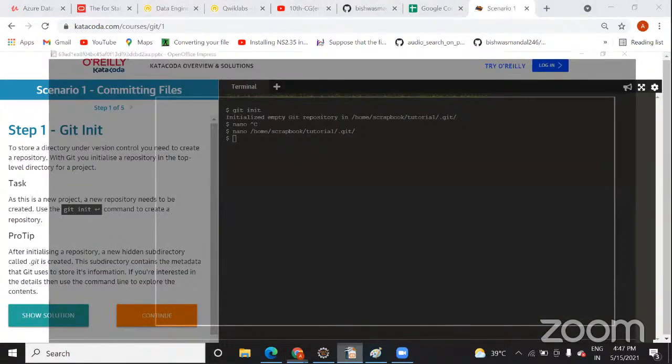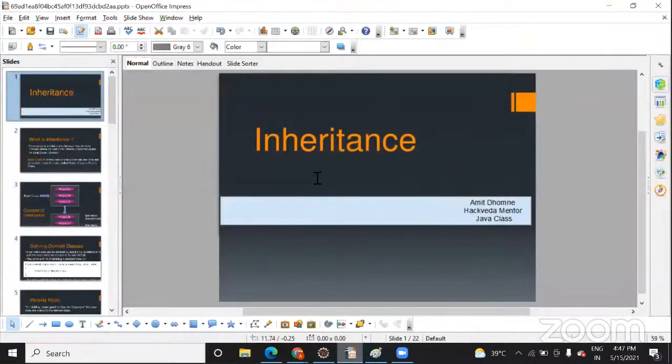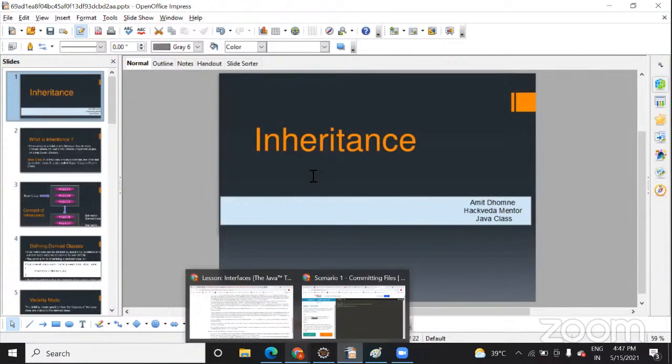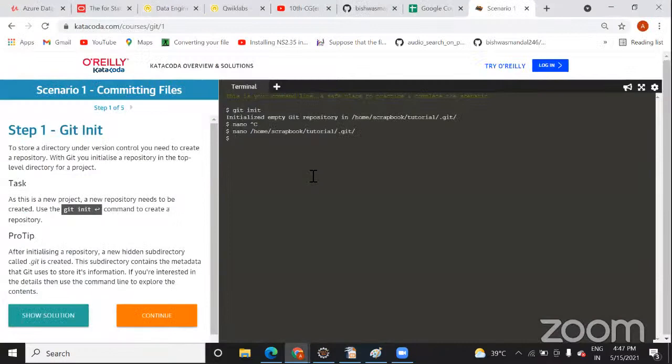So before, do you know the ls command in GitHub? What is the meaning of ls? ls is a list of files. When you type the ls command, it will give you the list of files present there. I don't have any file inside this current directory, that's why it is showing this. But when you create any file inside this and you type the ls command, it will give you all the files that are present inside this current directory.